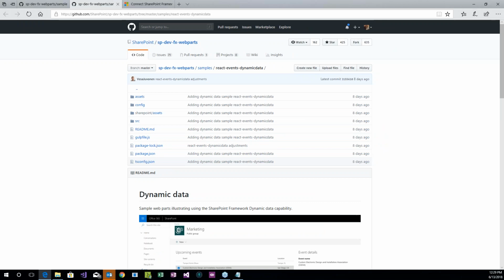Oh, so here's a dynamic data example. You have to have the plus beta thing going for this. But what is dynamic data, you asked? Dynamic data is sort of like the web connector web part. Remember that? You had the two web parts that could talk to each other, but it's more, imagine being able to talk to any place on the page and connecting to it, so that wherever you're looking at on the page changes, whatever it is, that's dynamic data. So it's the web connector on steroids. And there's an example of how to play with it.